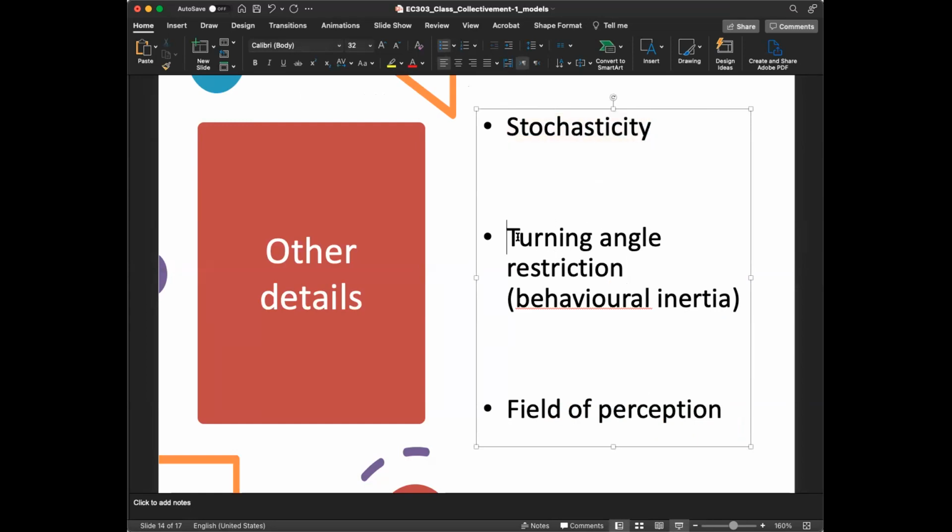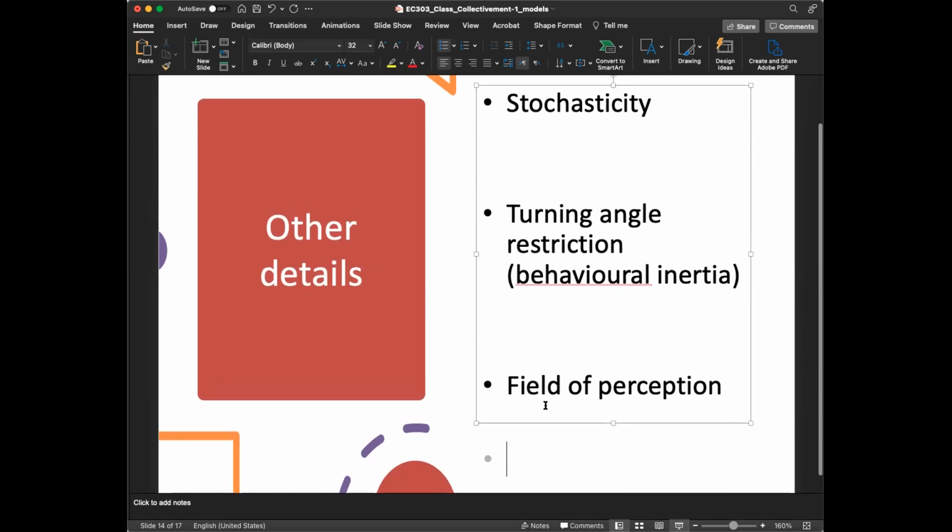However, it also incorporates two additional rules. One is that I don't instantaneously move towards a direction. Individuals have inertia, therefore you move towards that direction with some rate. And it also incorporates a field of perception. In Vicsek's model, individuals could see everybody around them within that radius r. In this model, the assumption is that one can see only some angle around the direction it's facing.